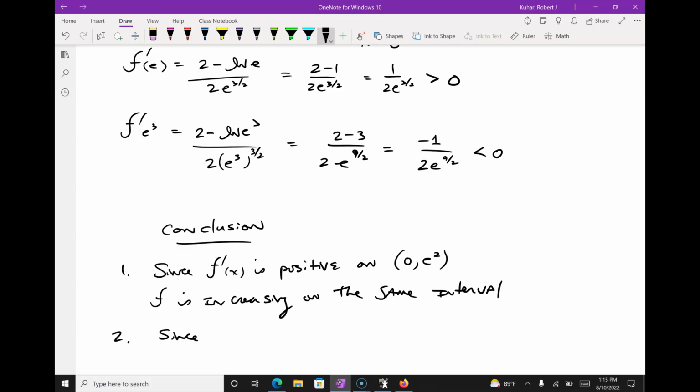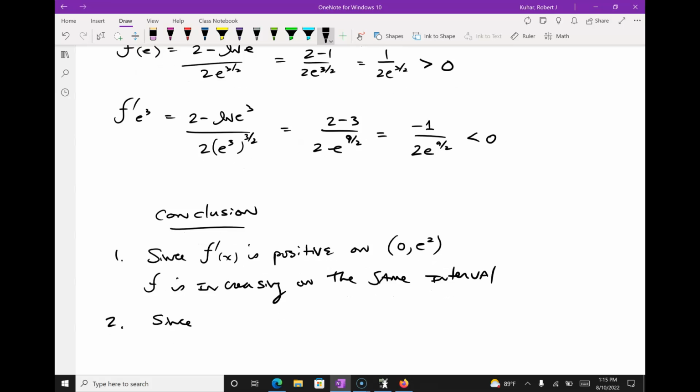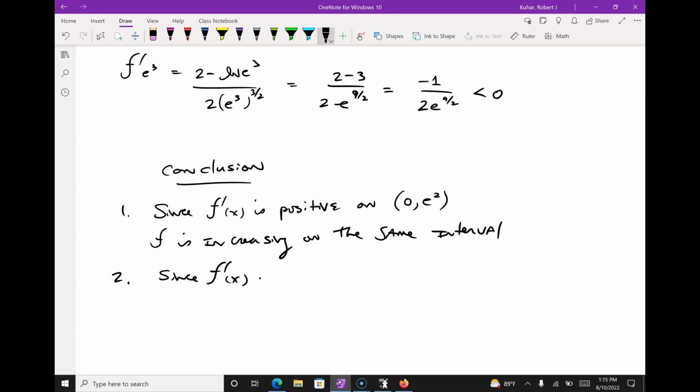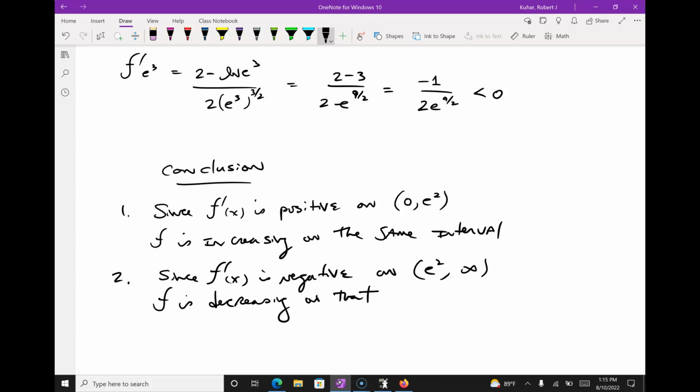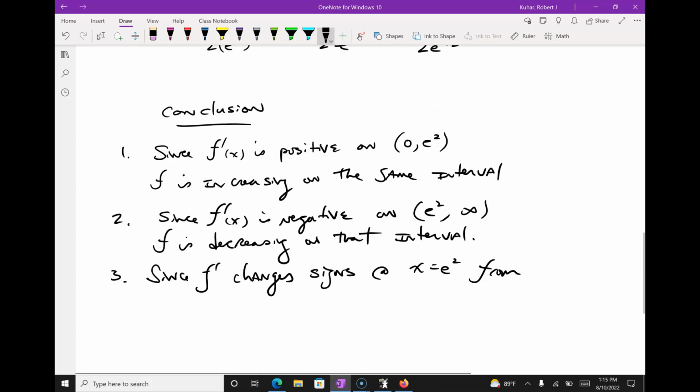And you don't have to number them, I'm just pointing out I want to find increasing interval, decreasing interval, and if I have local mins or maxes, right? Since f prime of x is negative on e squared to infinity, f is decreasing on that interval. Since f prime changes signs at x equal e squared from positive to negative,